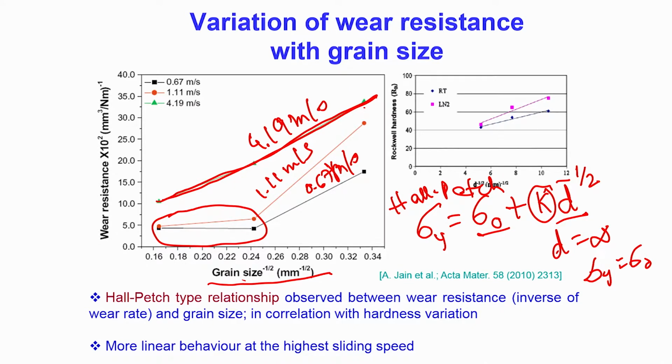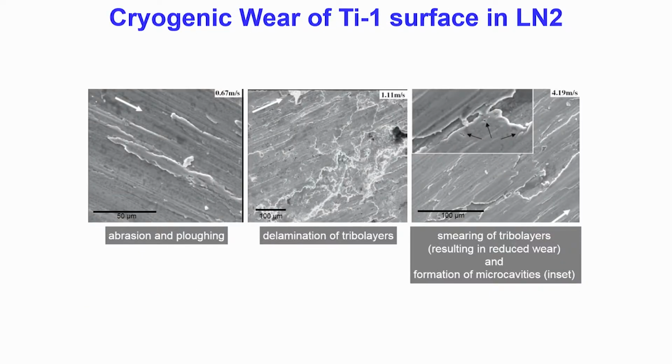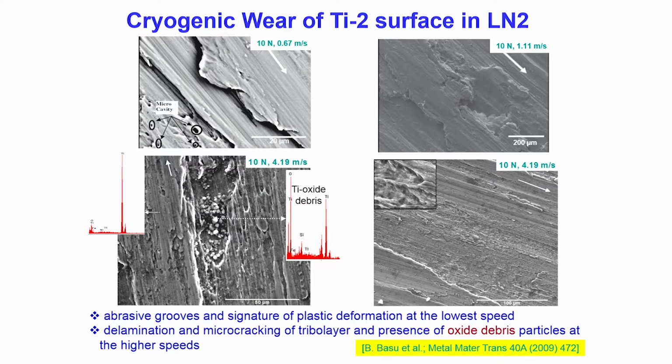So, this is one of the things that I mentioned at the beginning when I started showing the experimental results with titanium. On the titanium 1 surfaces, you can see abrasion and ploughing, and there is also delamination of the tribolayers observed on this titanium 1 surface after sliding with liquid nitrogen. Another interesting observation is that in the case of titanium 2 at a particular grain size, we see very spherical, nodule-like titanium oxide wear particles. These titanium oxide wear particles are trapped in these grooves, and once trapped, they lead to third body wear.